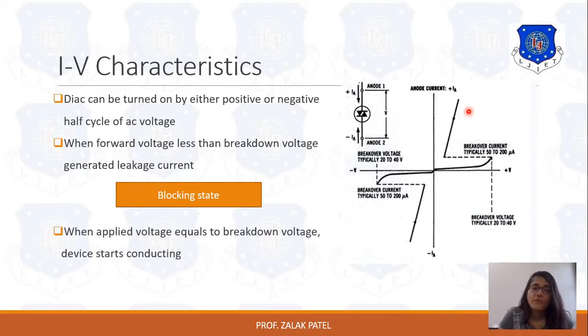So it is called a blocking state or off state. Now when applied voltage is equal to breakdown voltage, the device will start conducting, and conduction will take place, gradually increasing and gradually decreasing type graph is shown. Here one cannot control the operation of this IV characteristic for DIAC because there is no gate terminal, and because of the absence of the gate terminal one cannot control the forward voltage or reverse voltage across the device. So this is the limitation of the DIAC.